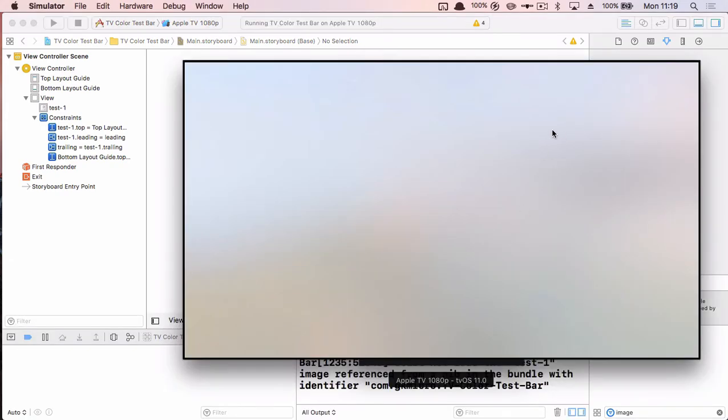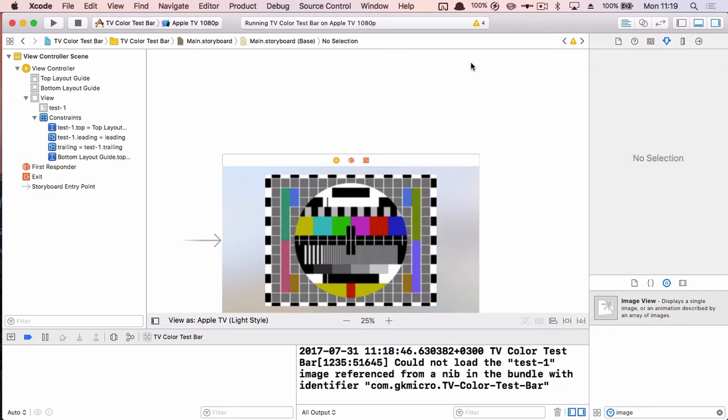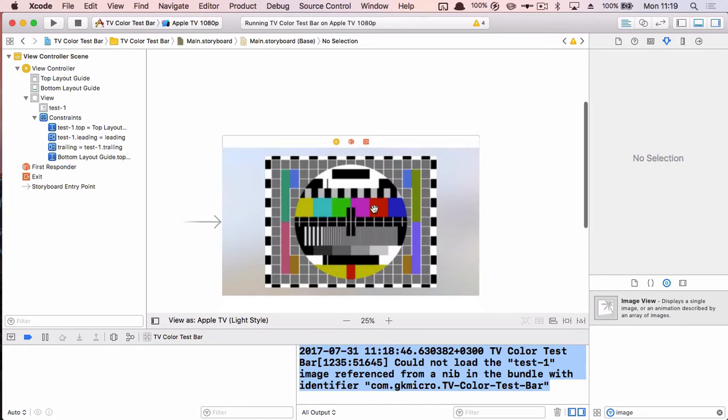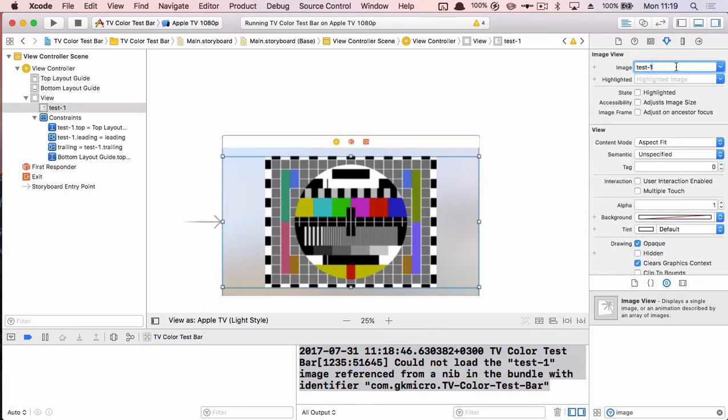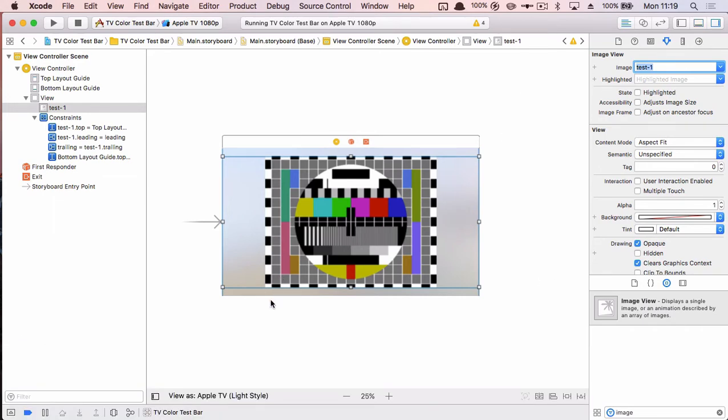Okay, so mine has loaded, but we don't see our image. We just see what is effectively a blank image view. So if we click away from that back to Xcode, you'll notice down at the bottom we have an output. And it tells us we could not load the test1 image reference from blah-de-blah-de-blah. And all that means is that this image view can't find this particular image. Now, this is quite a common problem, and I suspect I know what it is. I don't know for